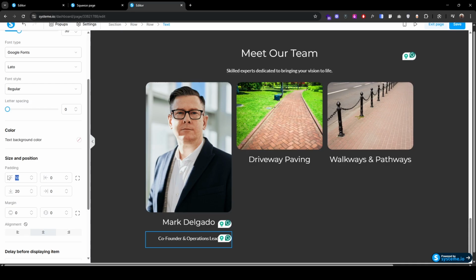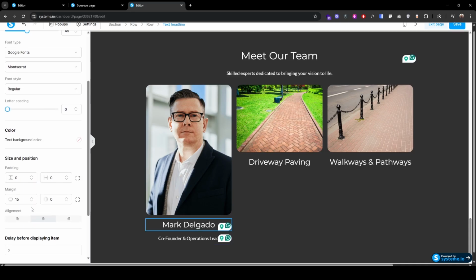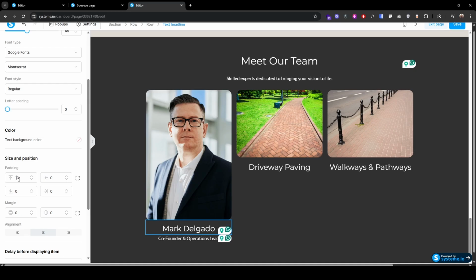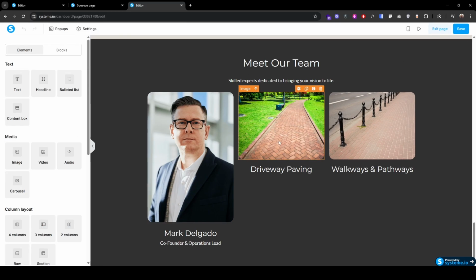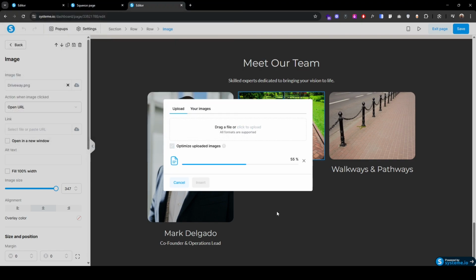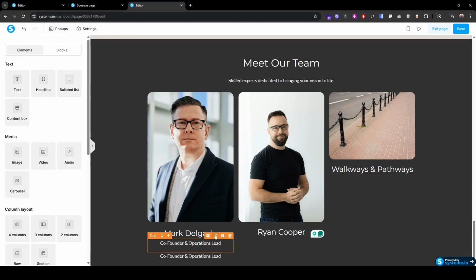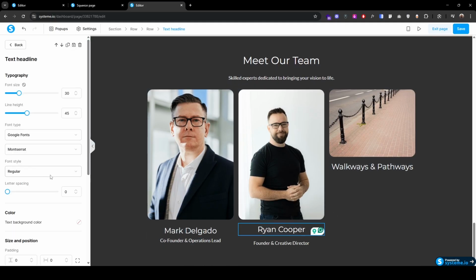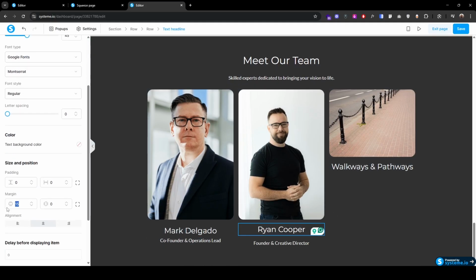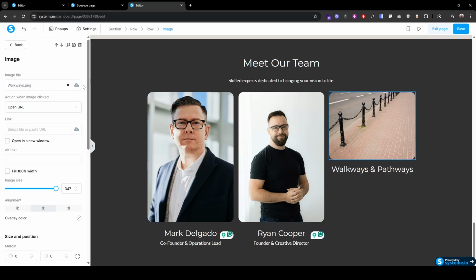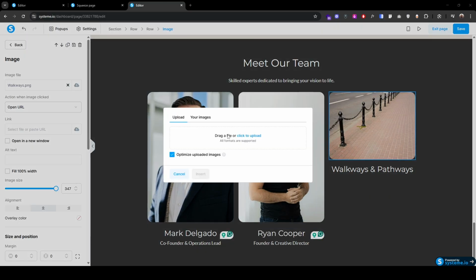Remove the top padding to 0, also remove the margin here to 0 and just make the top padding to 10 or maybe 20. Now click here, upload our second image, copy this, drop it here, again remove the margin here to 0 and make the top padding to 20. Now click here, upload our third image,